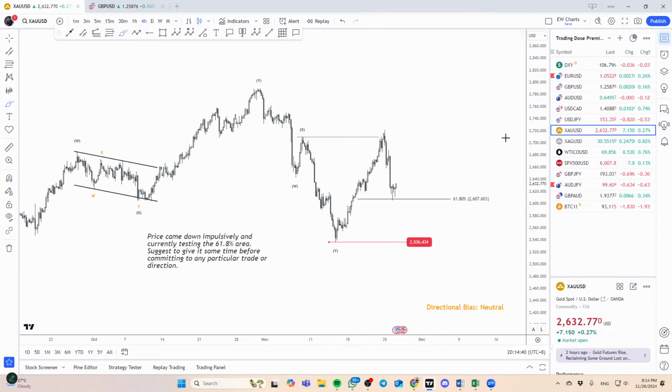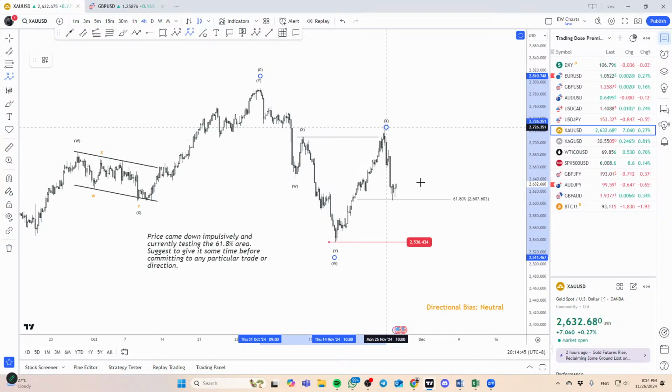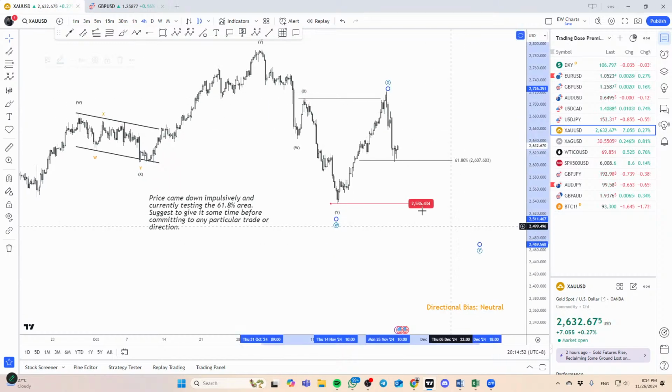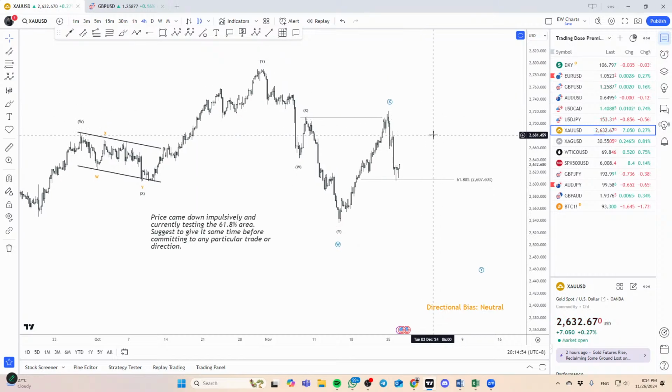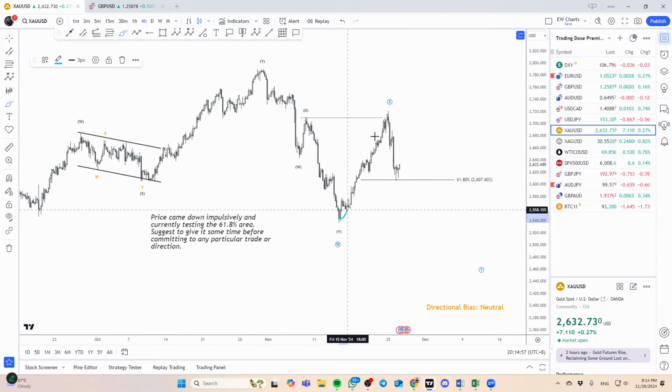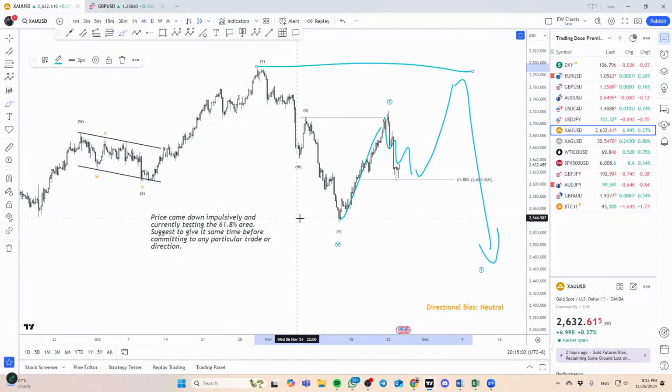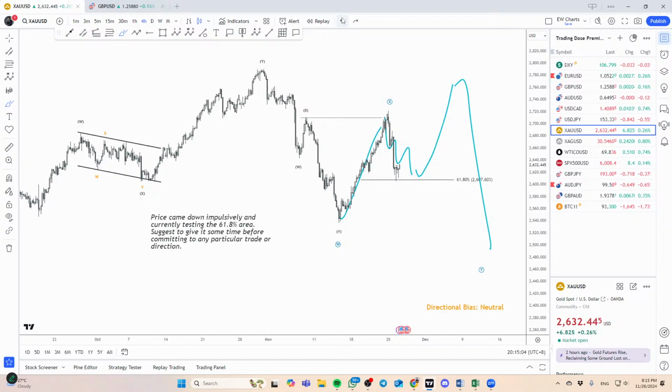So what can also happen over here is we were projecting this as a simple 3 wave. Okay, degree here is a little bit higher. Okay, but of course we're expecting also in a way where this is 1 and then 2 and then one more push and then coming down, right? So this forms that bigger corrective structure as a whole. The recent push down here is definitely very, very impulsive. Okay, so that of course also with 618 over here seems to be reacting. So I'm neutral in a way.